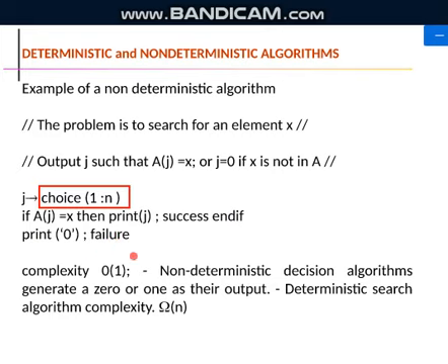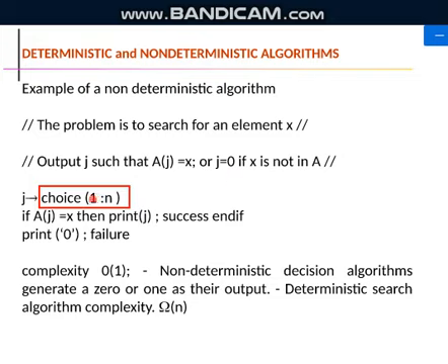If so, we are just printing it as success, and otherwise we are printing it as failure. What is the time complexity? The time complexity is big O of 1. Why is it big O of 1? Because in one shot we have got the key element. This is just to reduce the time complexity we are talking about. The time complexity for linear search is big O of n, isn't it? It has to search n elements. Worst case it is big O of n.